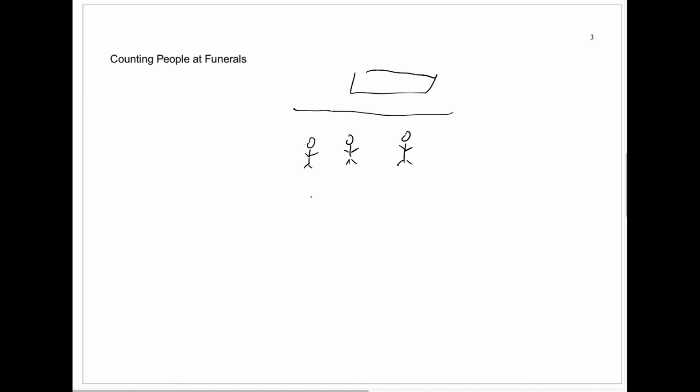I'm not going to put 50 people here, but we've got a lot of people here at the funeral. I claim that the number of funerals you're expected to go to in your lifetime should be the same as the average size of a funeral, that these two numbers should be the same. So if the average size of a funeral is 50, then that tells us that the average person in the US should go to about 50 funerals in his or her lifetime,